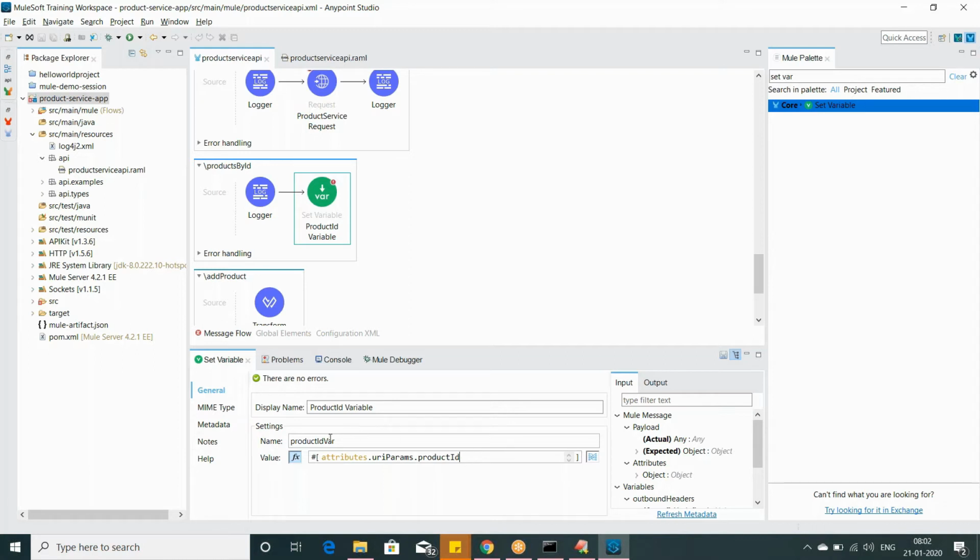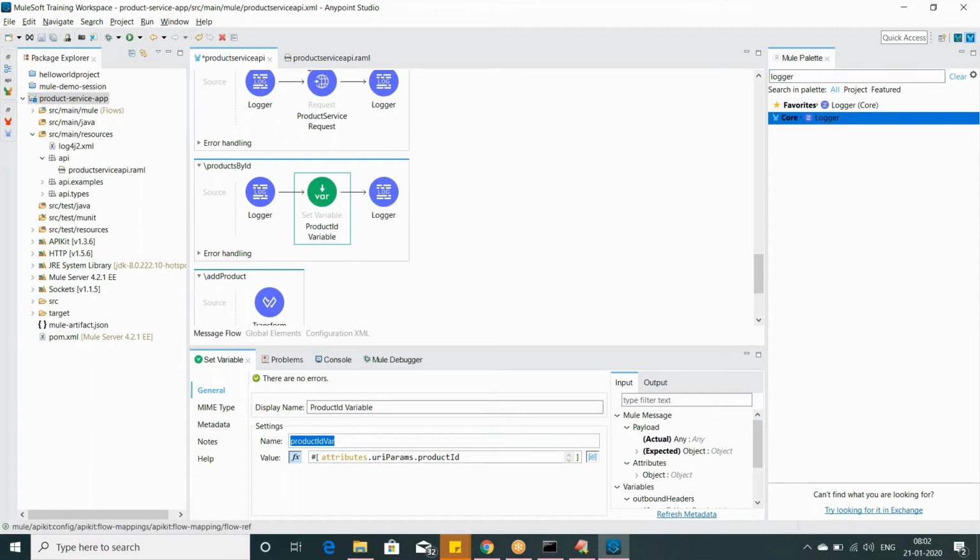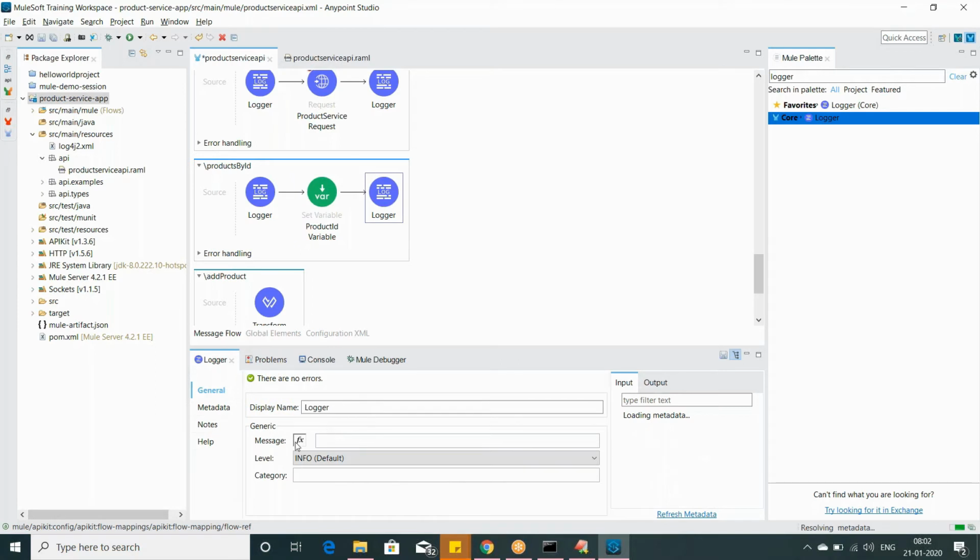So this product ID will be stored in my variable. Okay, so this is one. Now we will add one more logger just to print the product ID, the variable value. I'll enable the expressions. Now the product ID is in string format, so we can append it. So we'll say product ID is,